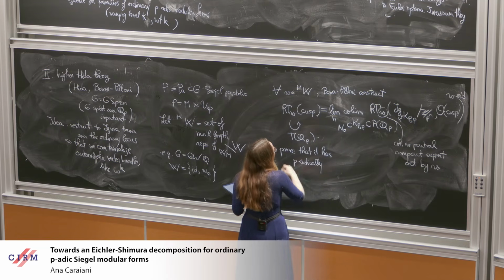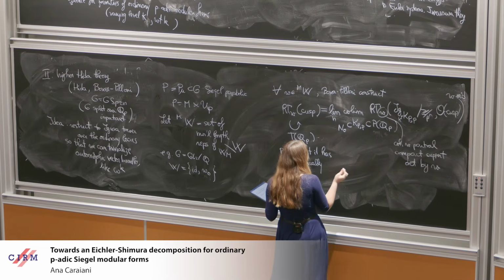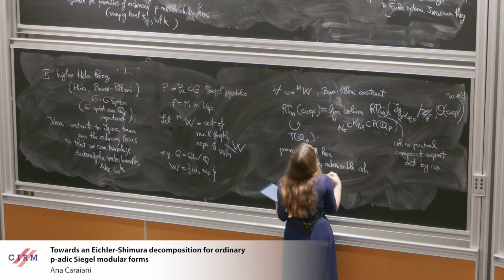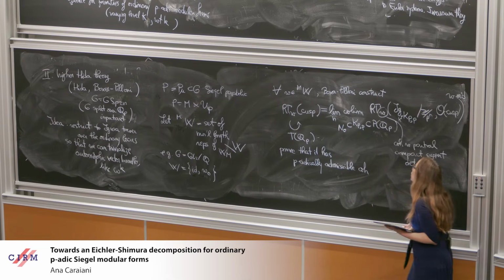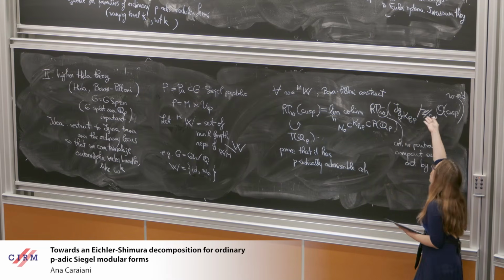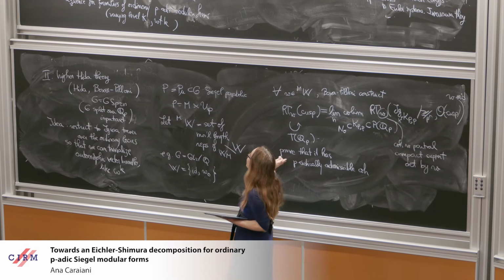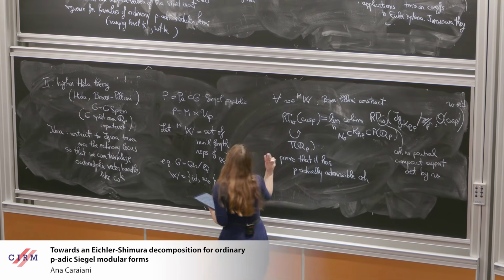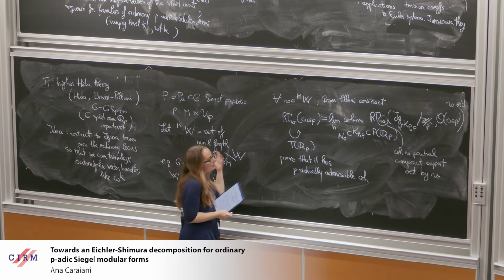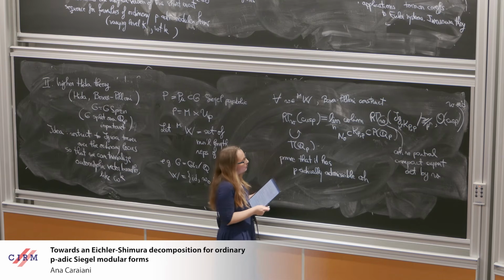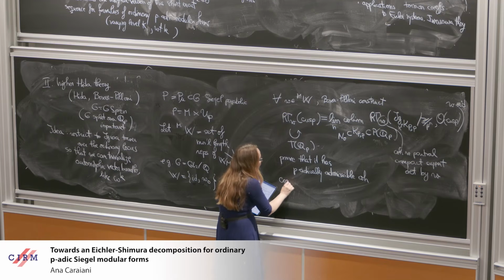So some finiteness result for the cohomology groups of this complex as a representation of TQP. But I'll say that this is much more subtle in this case of coherent cohomology because you're taking this cohomology of this Igusa tower that is not proper. It's much more subtle than in the case of completed cohomology of the Shimura variety, which has a nice compactification that preserves the cohomology. Okay, and they conjecture